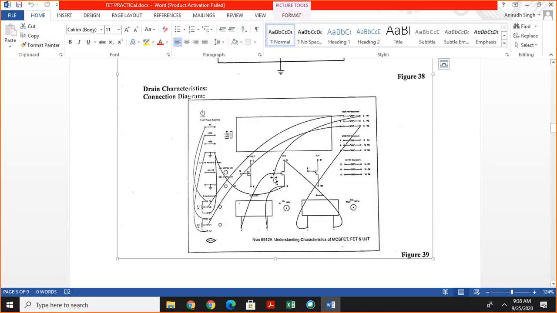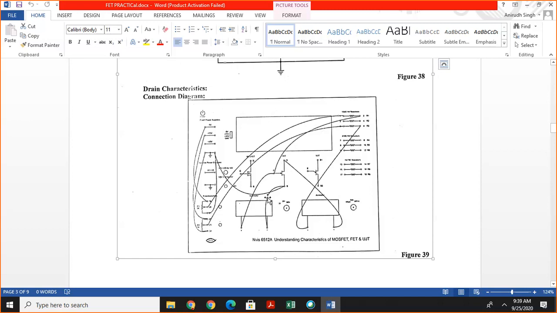Then we change the value of VGS from this knob and set it at -1 volt, and then change this connection to the drain point, and again change the value of VDS and note the value of VDS and ID.